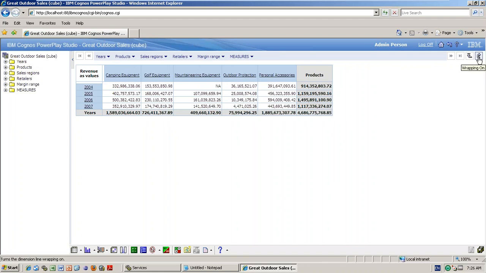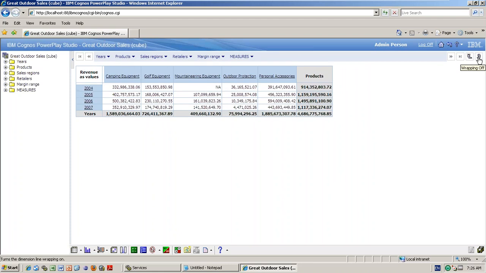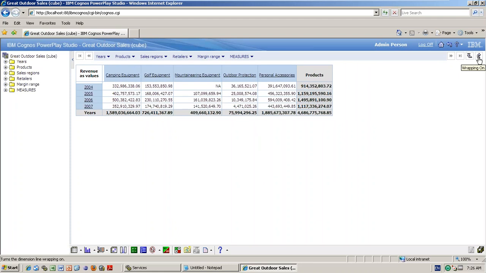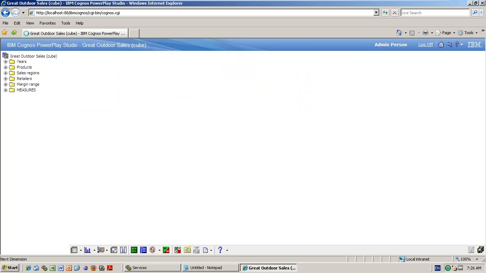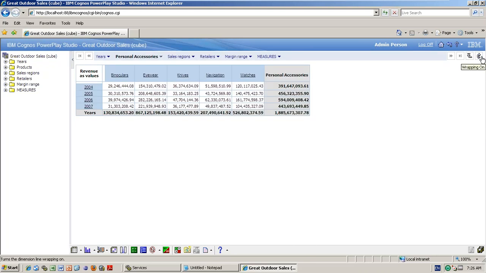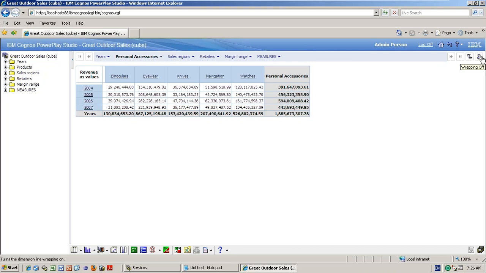So see this wrap on. So the value will be going like this. So it will be enabled and disabled. For example, if I am selecting personal accessories, right? You see this? Wrap on. Nothing, just it will expand somewhere.